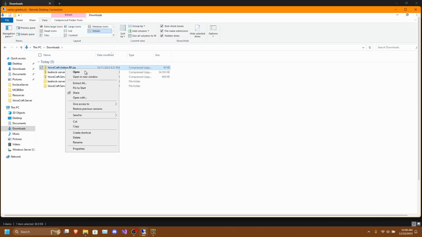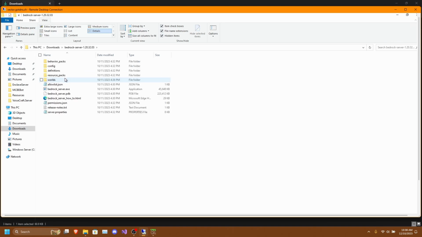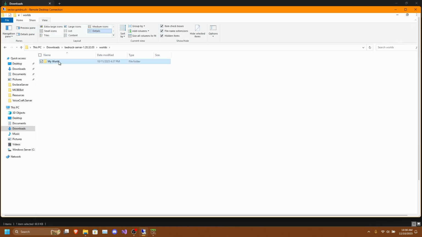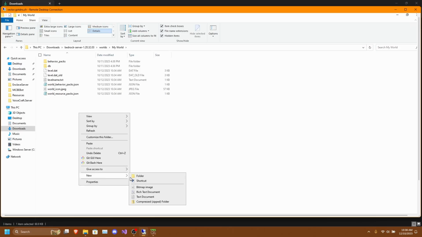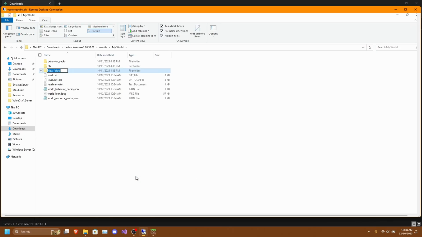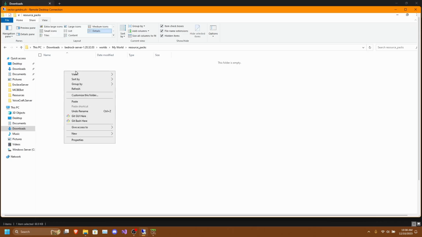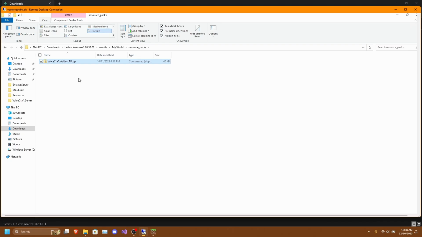So again, cut your downloaded add-on RP, or the VoiceCraft add-on RP, Bedrock server, then your worlds. Same thing again, click on New Folder, Resource underscore packs. Then paste in the VoiceCraft add-on RP.